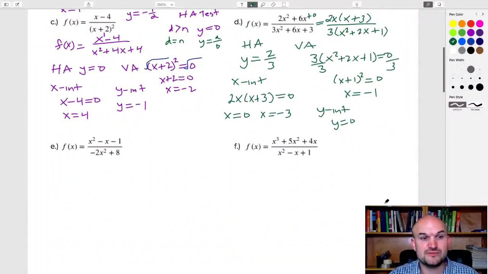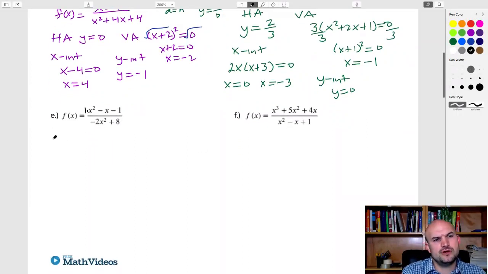All right, next one. You can see here now that the variables, again, are the same. So therefore, my horizontal asymptote is a ratio of my degrees. Now, what's important about this one is, actually, let's see, what else could I do? I'll just use black. The coefficient of x squared, remember, is going to be 1. So my horizontal asymptote is going to be at y is equal to negative 1/2. Okay. My vertical asymptote is going to be at,